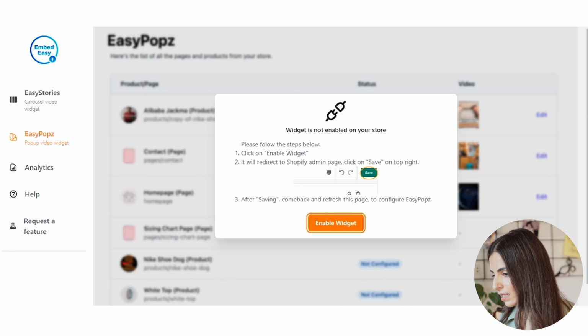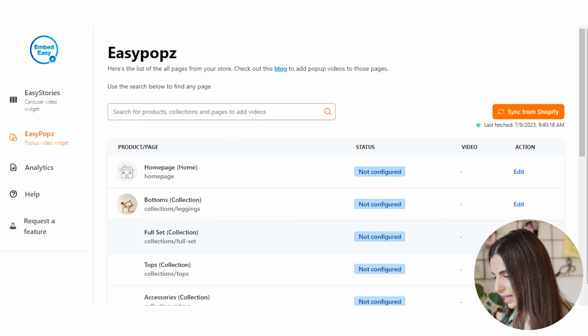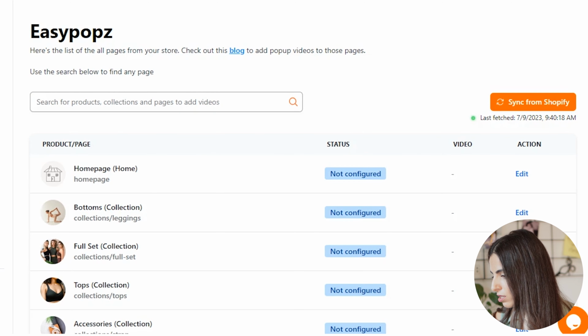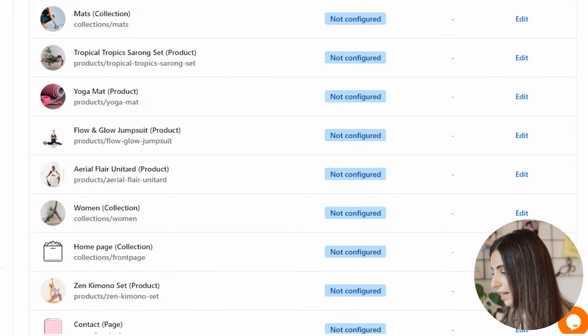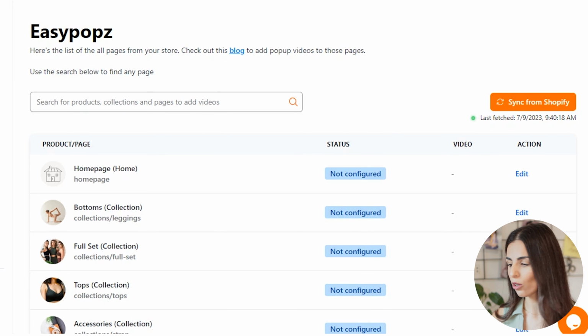Now the widget is added, so if we refresh, we should be able to get rid of this pop-up. Yeah, it's in there. And as you can see, under easy pops, I can see all the pages, or let's say most of the pages in here, and I can add a video for each one of them, or I can search in here and add a video. What I'm gonna do actually